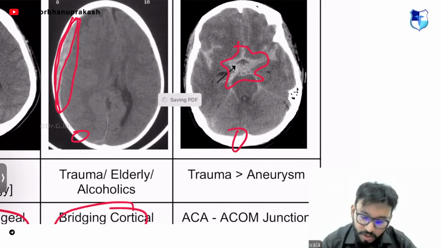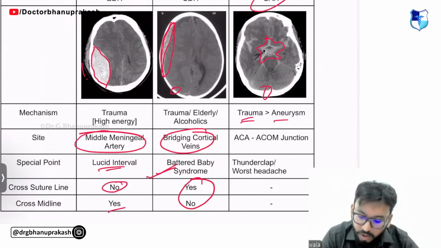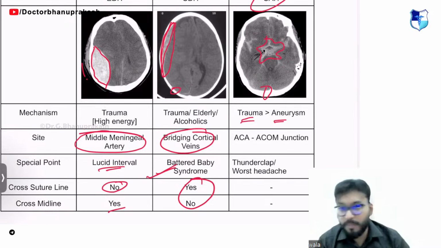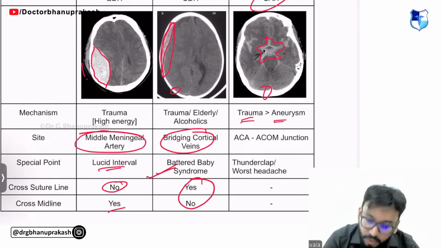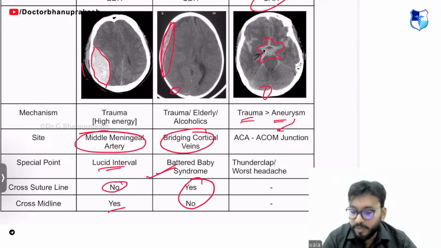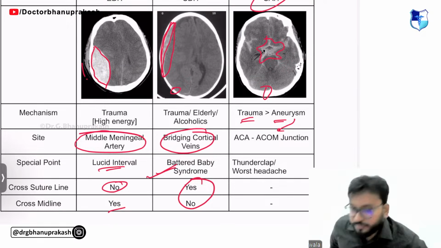The most common cause of subarachnoid hemorrhage is trauma, more than aneurysm. Remember, rupturing of aneurysm is not the most common cause. It is traumatic again. If the aneurysm ruptures, what is the most common site of that aneurysm? It is your anterior cerebral artery, your anterior communicating artery branch. Okay, this junction is where it'll occur.